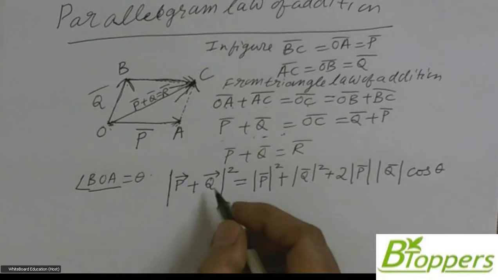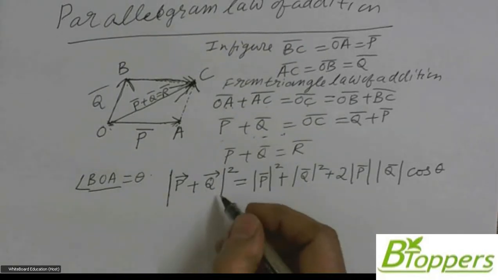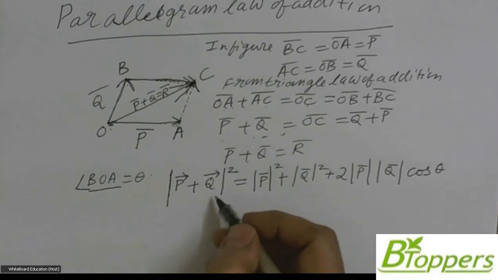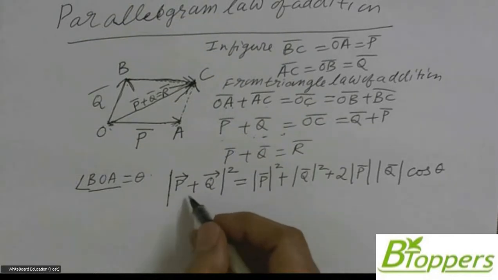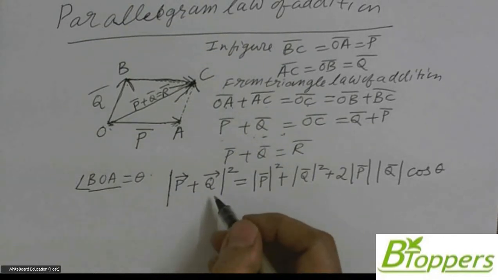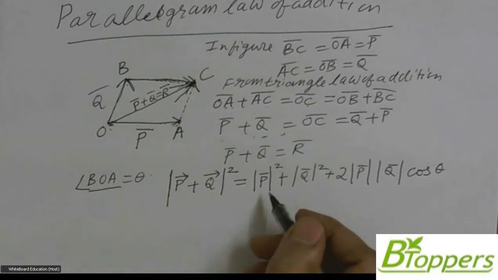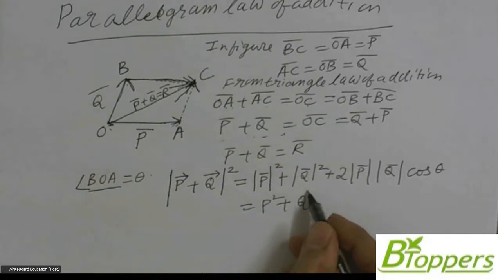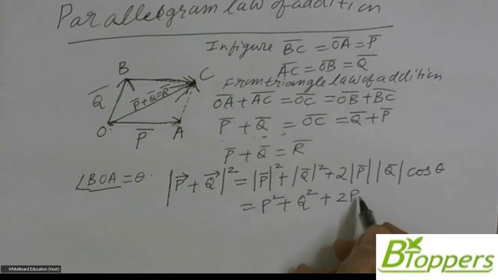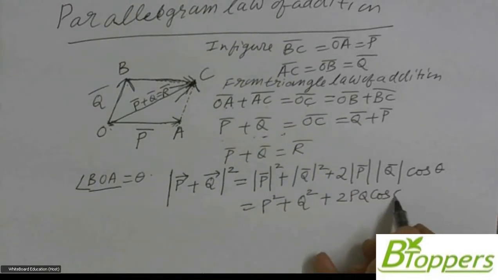As I discussed in the beginning of addition of vectors, sum of two vectors means resultant of two vectors. So when I write P bar plus Q bar, you can read it as resultant of P bar and Q bar. So modulus of vector P bar can be written as P. I mean, if you just write letter P without the bar symbol, it represents the modulus of vector P bar. The same way, if you just write letter Q without bar symbol, it represents the modulus of vector Q bar. So this equation you can write like this.